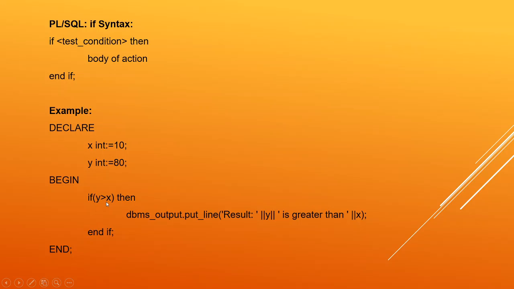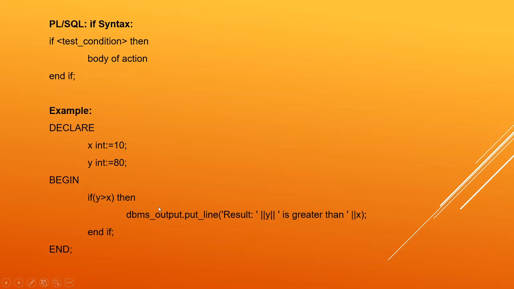So if you are checking which number is greater among these two variables, we give a condition. If this condition is true, this statement gets executed. If the condition is false, then it comes out of the end if. Here in this particular case you don't have an else part, so it's immaterial what to do if the condition is false. We are just sticking to what to do if the condition is true.